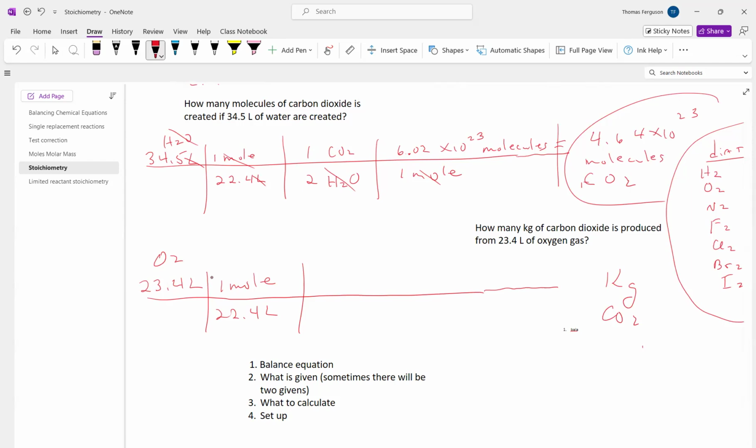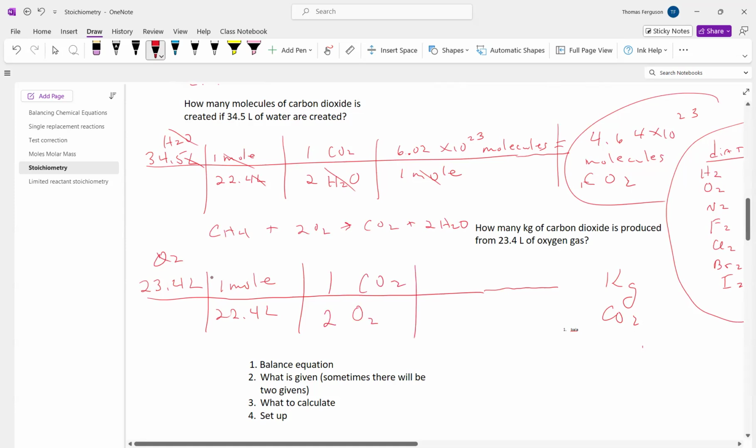Okay, so again, that's the equation. So the oxygen needs to be in the bottom. And we need to have carbon dioxide on the top. Okay, so that's 1 to 2. Now we want to go to grams first because the periodic table is calibrated in grams per mole for carbon dioxide. Carbon dioxide is going to be